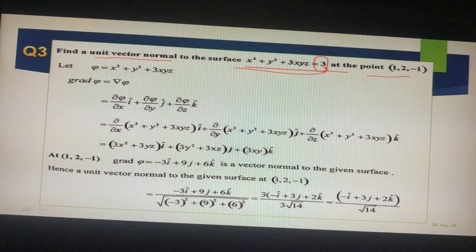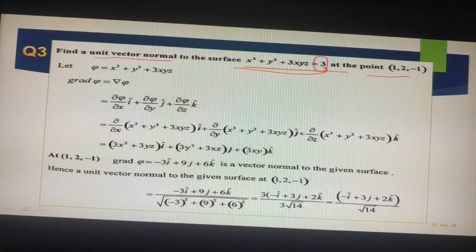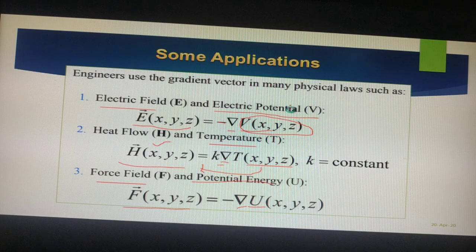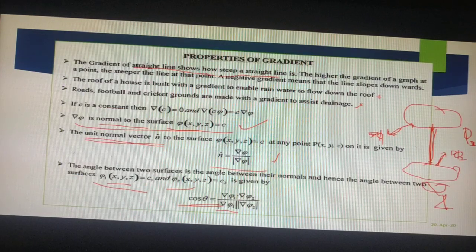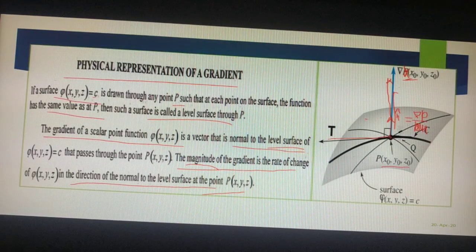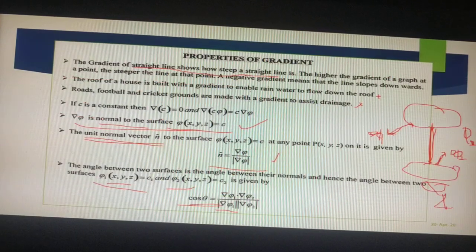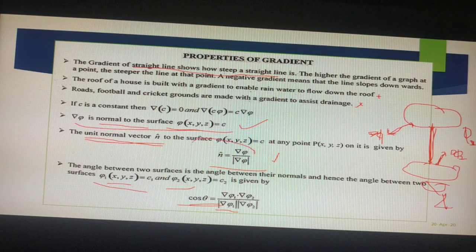So how to get the unit normal vector? First we have to get the del pi. For that we will find the unit normal vector in the same direction. See, this is your del pi in this direction. The blue arrow is there in that direction, del pi is there. In the same direction I want only the unit normal vector n cap. n cap is nothing but del pi by mod del pi. That is the formula.